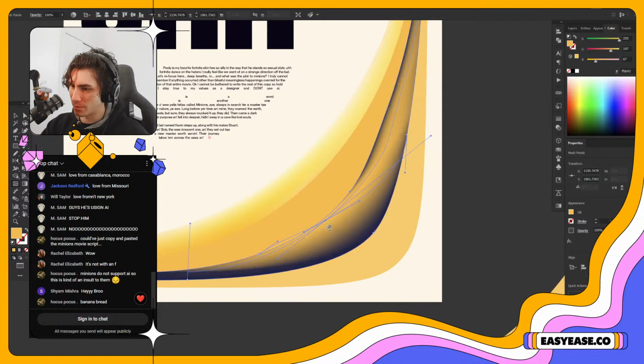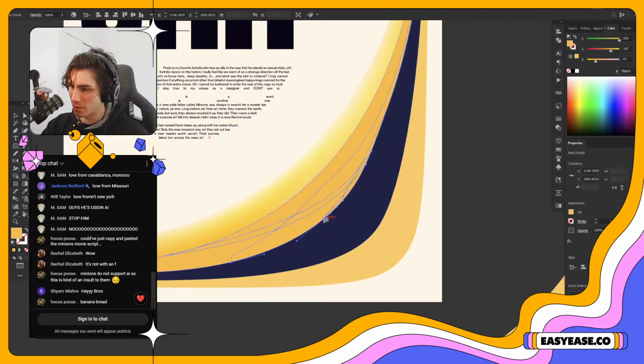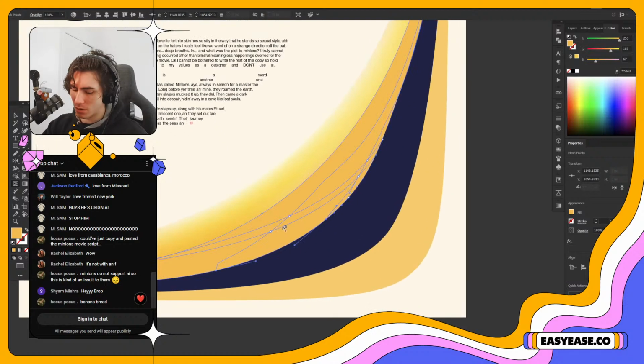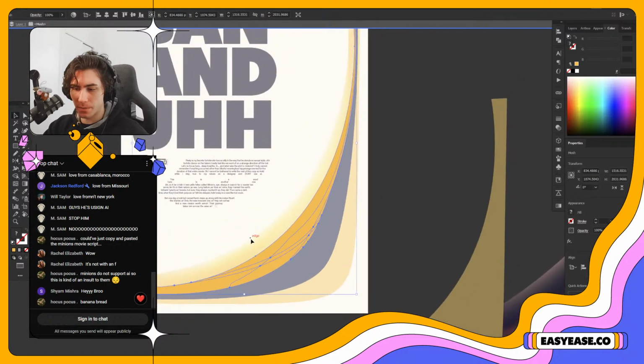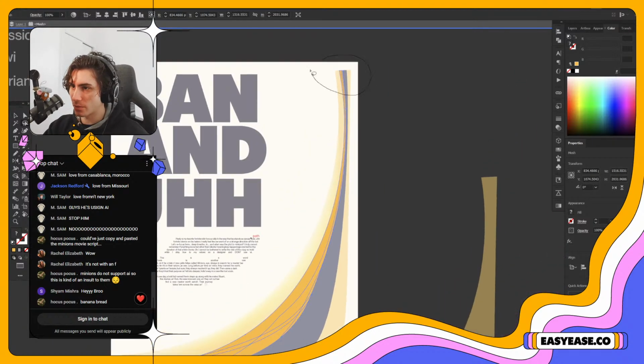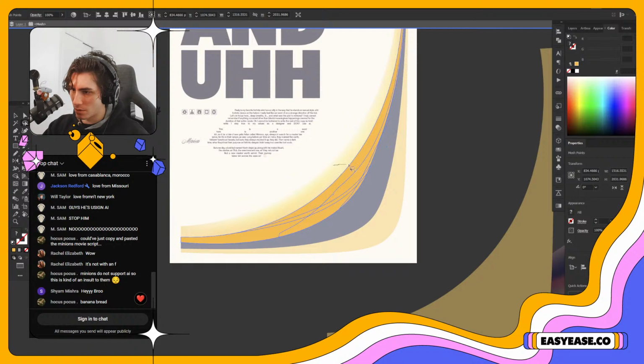I want a point here and a point. Oh God, and a point here. And I'm gonna use this lasso selection tool to just select a bunch of the points that I don't want to touch, turn the opacity way down and include these guys in that.